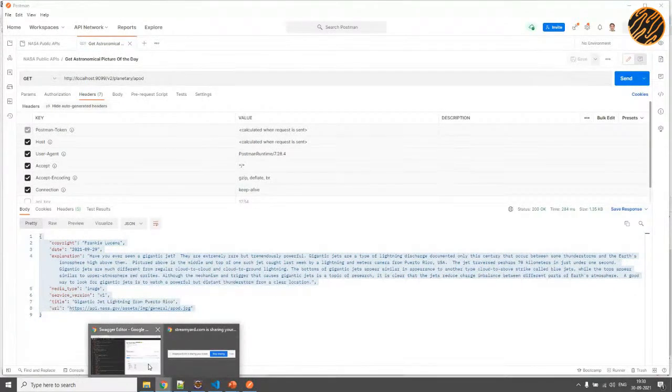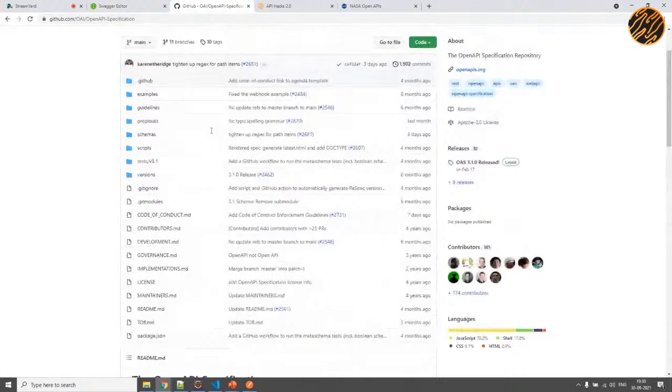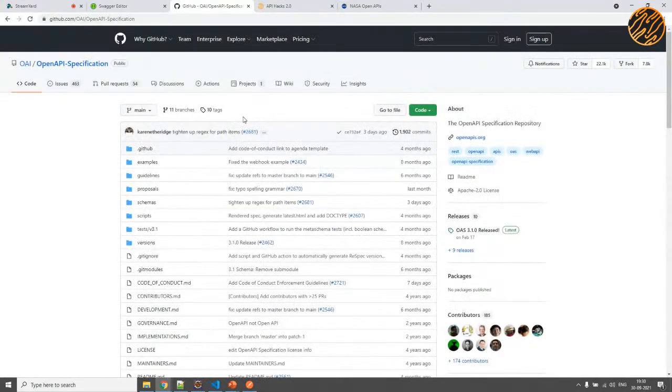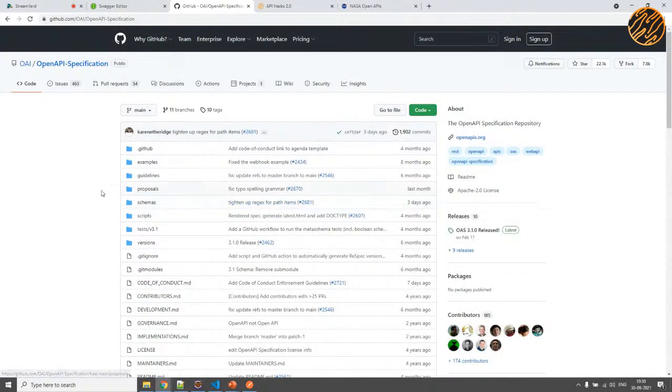Now, coming to the part where I was talking about the OpenAPI specification. This is the main page of the OpenAPI specification. One important point to note is that the current version of the OpenAPI specification is 3.1.0. So it is the current release. Earlier there was version 2. If you have a project which is using OpenAPI version 2, and you're planning to migrate to OpenAPI version 3, that is also possible. There are just a few changes that you will need to take into account in terms of how the specification has been laid down for version 3.